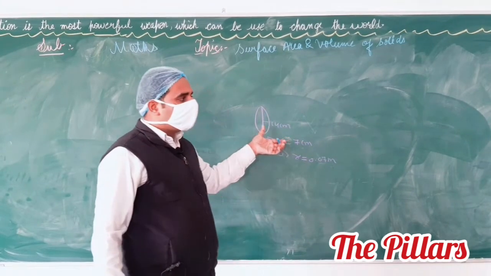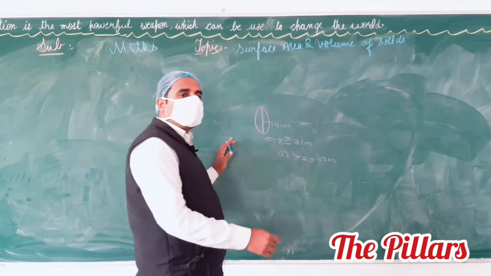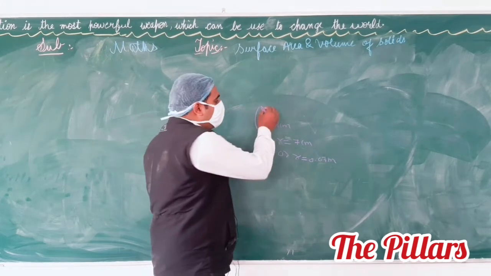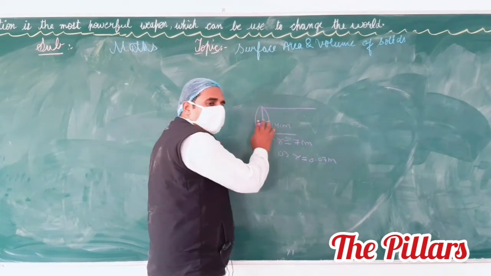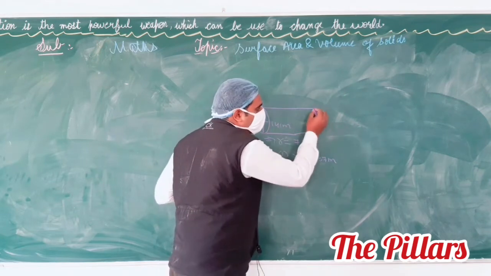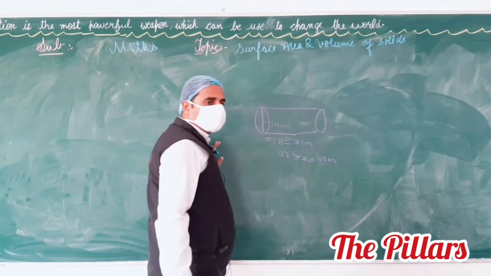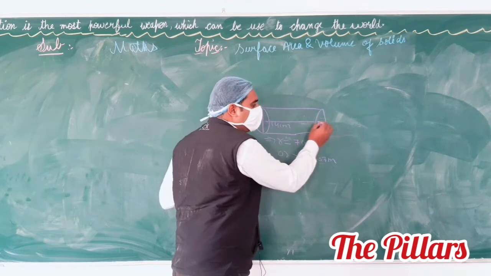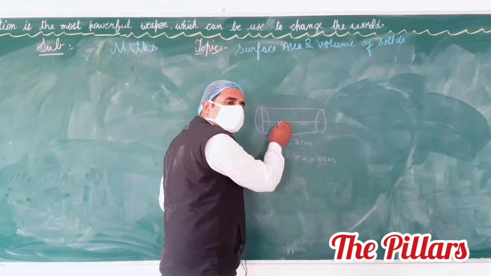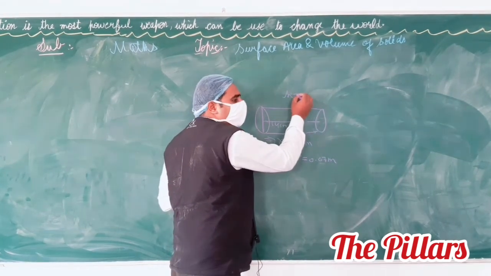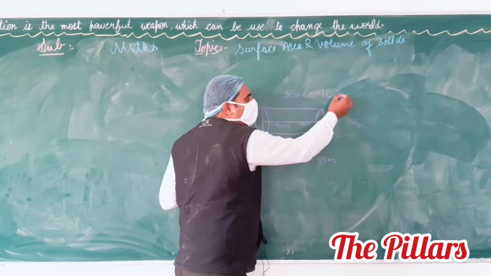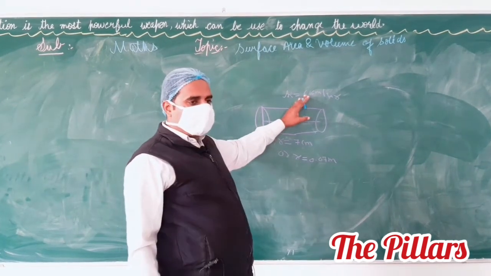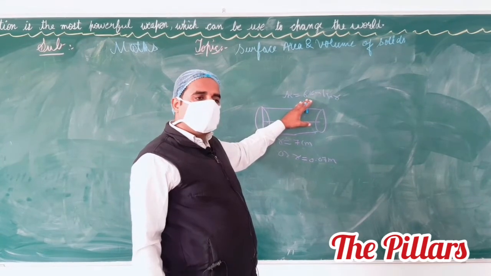The question says that from this circular pipe water comes out with a speed of 6 km per hour. If water comes out from a circular pipe, this shape is cylindrical, and the height of this cylindrical shape depends on the speed. You see that h equals to what is given? 6 km per hour. Now we want to convert this height in meter per minute.